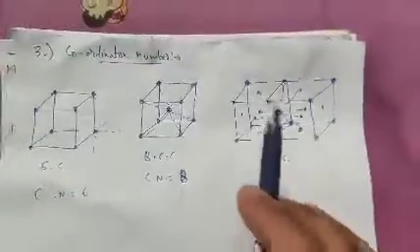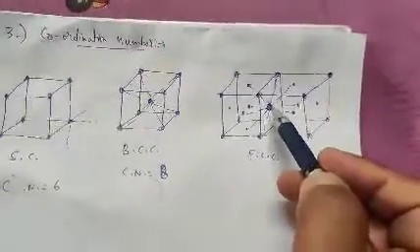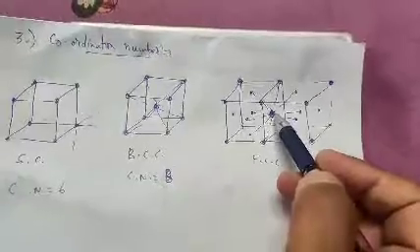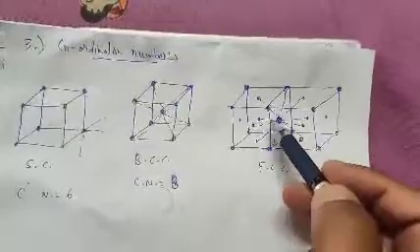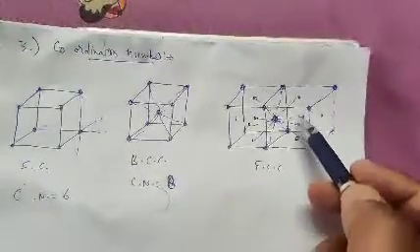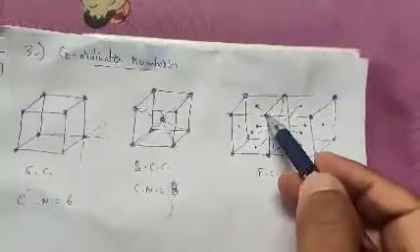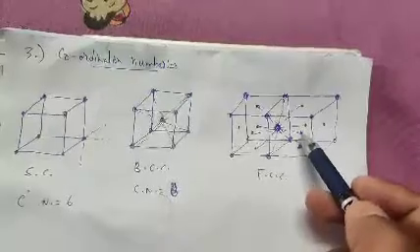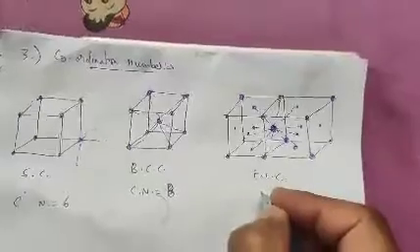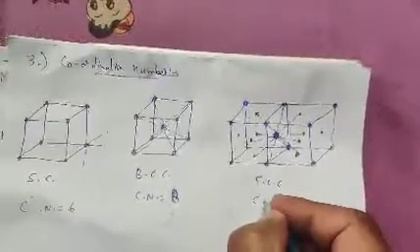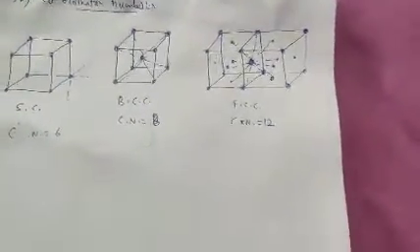It is a bit complex in case of face-centered cubic. Let us consider this face-centered atom is a central atom. These are the faces, these are the face-centered atoms, and these are also face-centered. So let us consider this is the central atom. It is connected to nearest neighbors 1, 2, 3, 4, 5, 6, 7, 8, 9, 10, 11, 12. So in this case the coordination number for the face-centered cubic lattice will be 12.